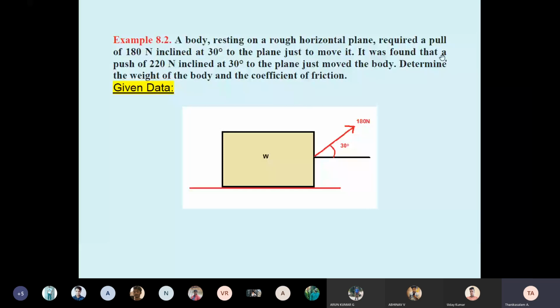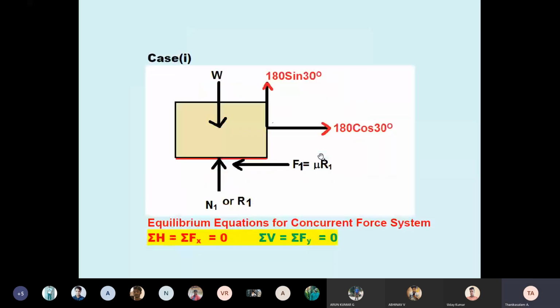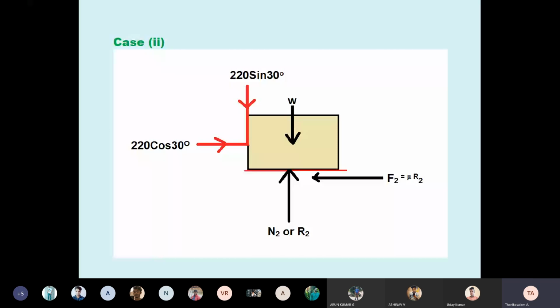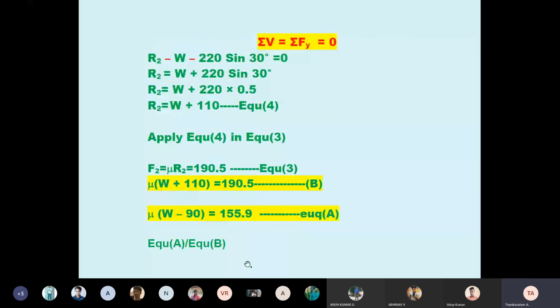It was found that for the same body, they apply pushing from the back side. See here, the back side, the arrow mark is pushing. See the arrow mark, because if we change the direction, the entire plan will collapse. So it goes in the pushing direction. Why is 30 marked? Because they mentioned the pushing is 30 degree with respect to horizontal. So we consider case 1 the pulling, case 2 the pushing. We formed the first equation, case 1, equation A. Case 2, we formed equation B. Then we divided equation A by equation B. This is the final answer.